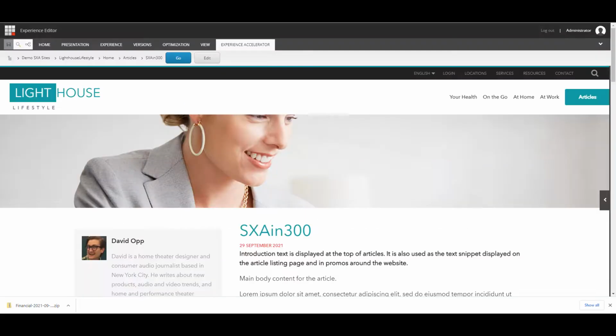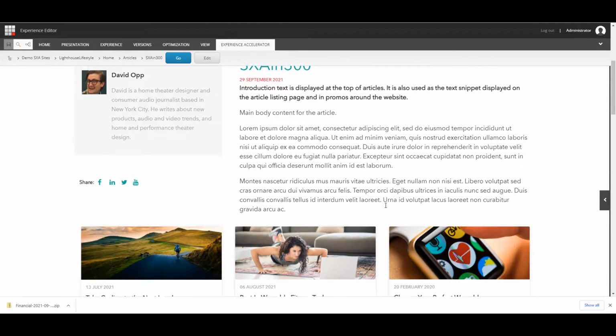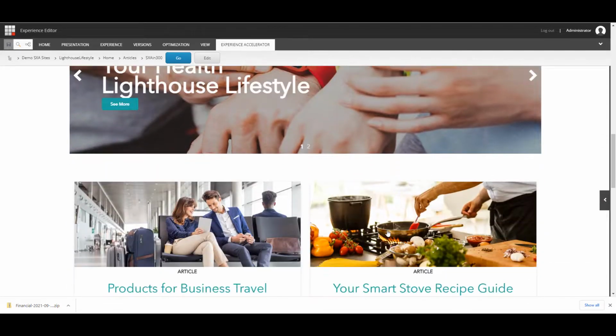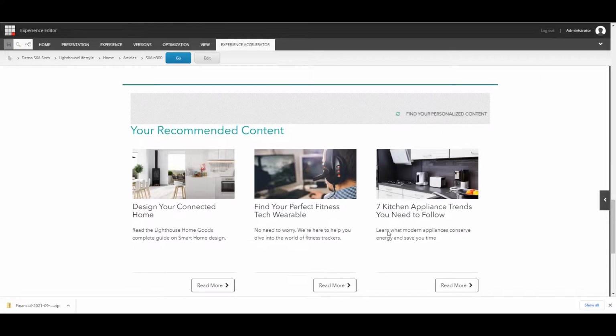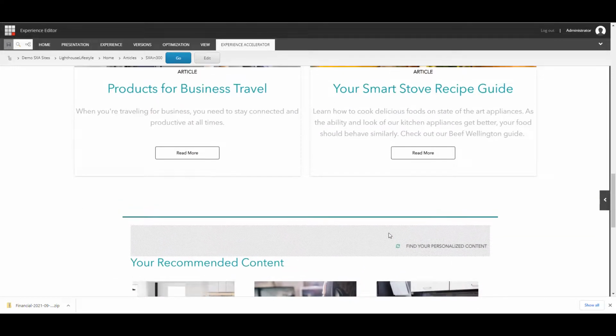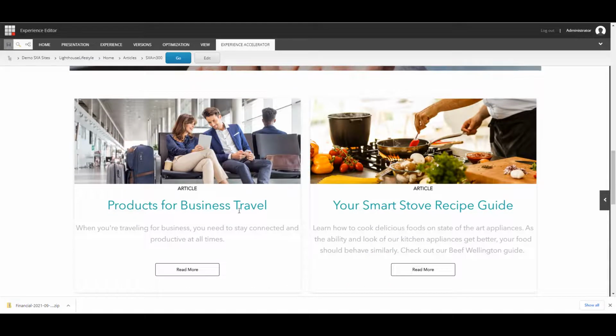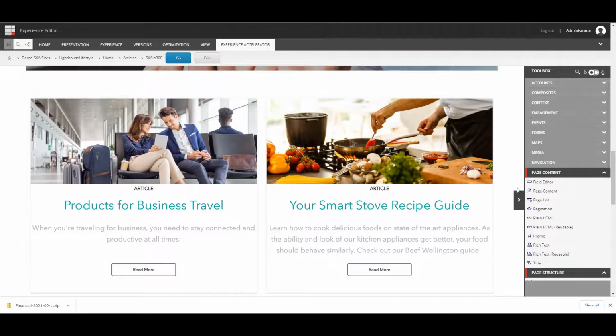For our content and presentation sharing demonstration, we are once again on our article page that we have created and modified throughout this session. We are now keen to change some content on the page, and the idea is to utilize and reuse some of the pre-approved, ready-to-use shared content from our global site. This way, global and lifestyle site will both be using the content that is created and maintained on the global site. This will reduce the time and effort for content authors, reviewers, and approver roles and reduce duplicated and redundant